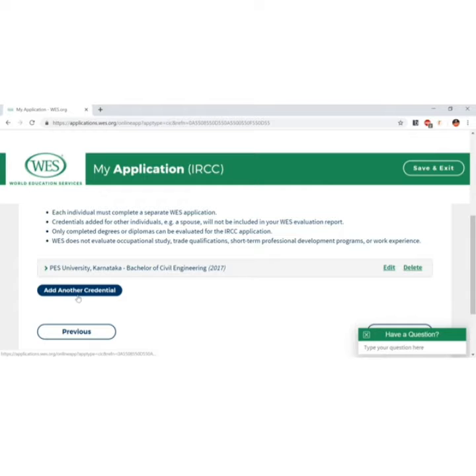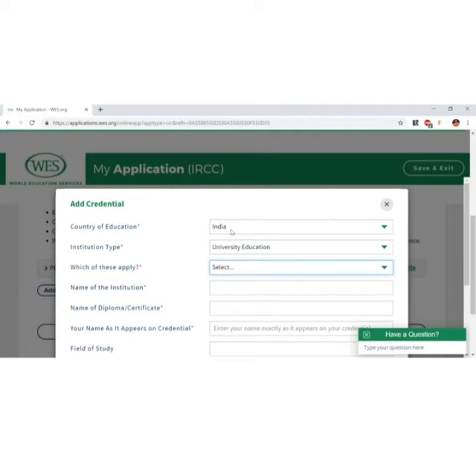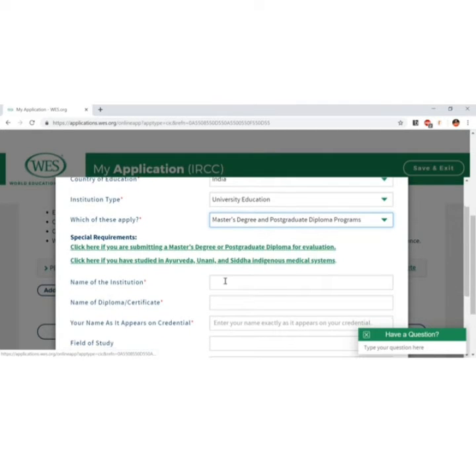For example, now I would like to add a PG or a post graduation. Let's again select country of education, institution type, university. I'm going to select masters. Again, masters have a bit of condition. Just check whether your degree falls in this category.